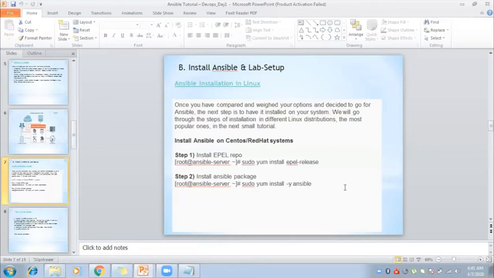We are not taking it from the local repo because locally it is not available. Ansible software is in the EPEL repository. In the case of CentOS, you can simply install Ansible locally because the software is there.